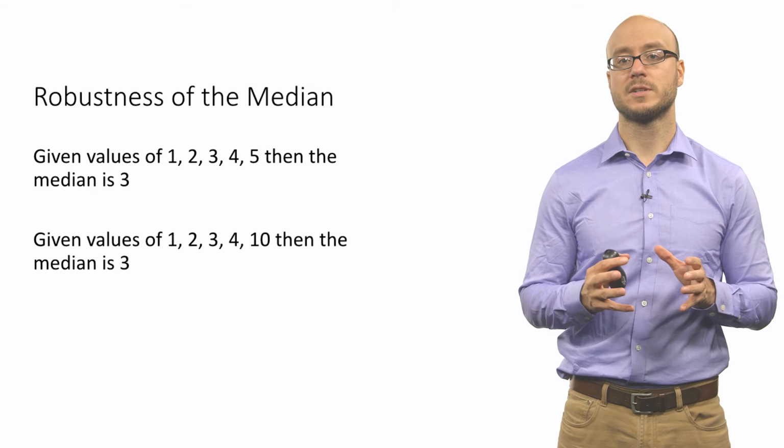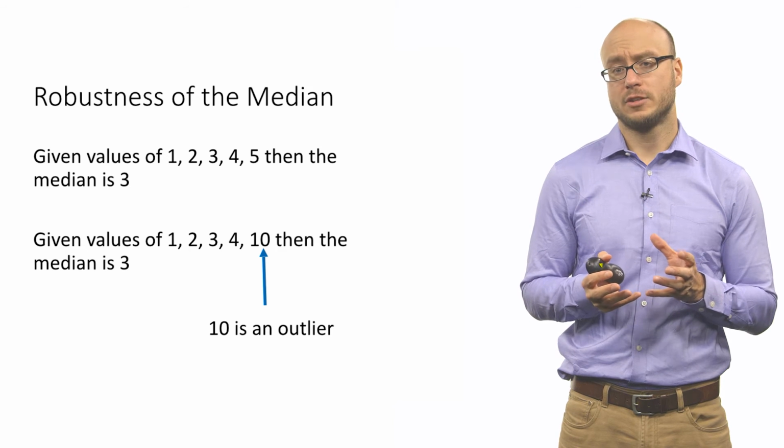Now, suppose, for example, that we have an outlier. Instead of 5, we're going to change that 5 to a 10. So the number of observations is the same. The values of 4 out of the 5 observations are the same. We have values of 1, 2, 3, and 4. All we're doing is making an outlier. In this case, the median, the middle number, is still 3. So even though we've included an outlier in the data set, the median is still the same. Now, if you recall, the mean before was changed by that extreme value. And one of the reasons is that the mean actually includes information on all data points, it's really incorporating 1, 2, 3, 4, and 10.